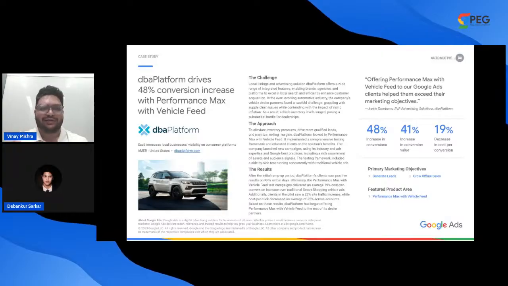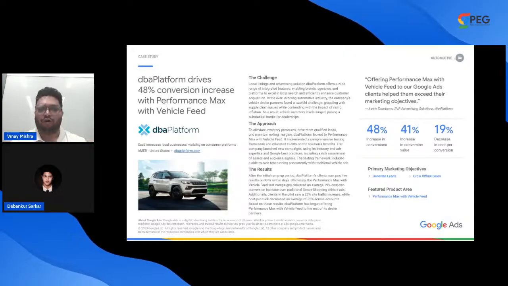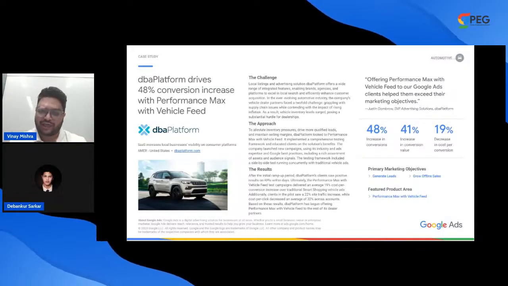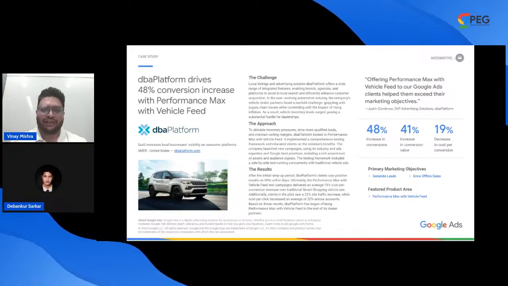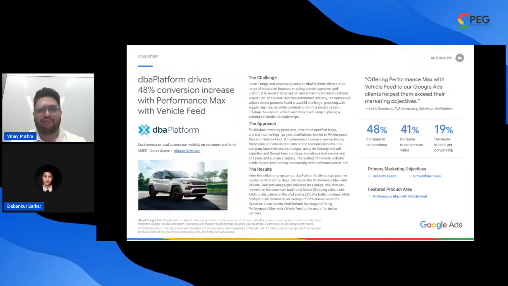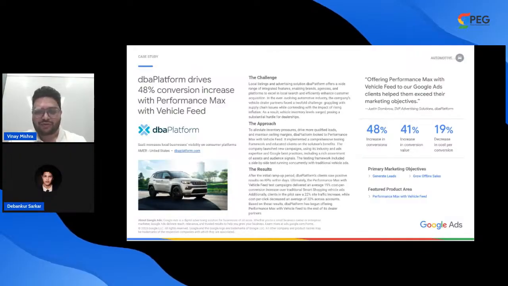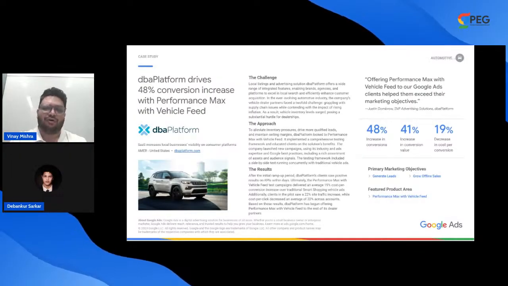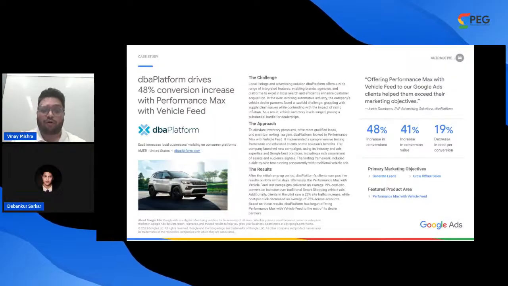It implemented a comprehensive testing framework and educated clients on the solution's benefits. They launched the campaign using industry ads expertise and following the Google best practices, including assets and audience signals. Their testing framework included side by side testing running concurrently with the traditional vehicle ads. The results on the KPIs within days ultimately delivered an average 19% decrease in the cost per conversion